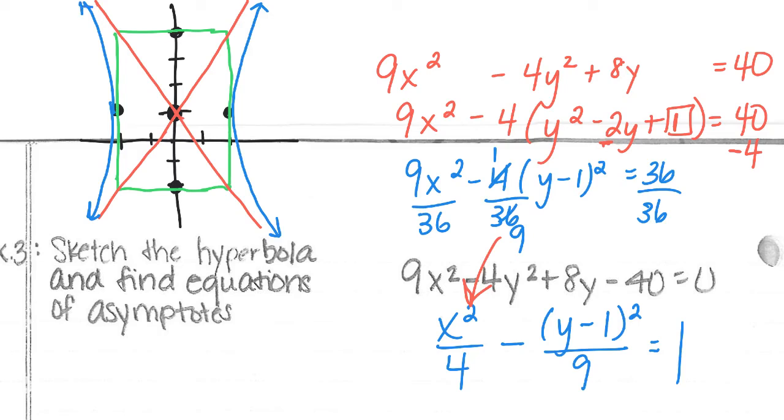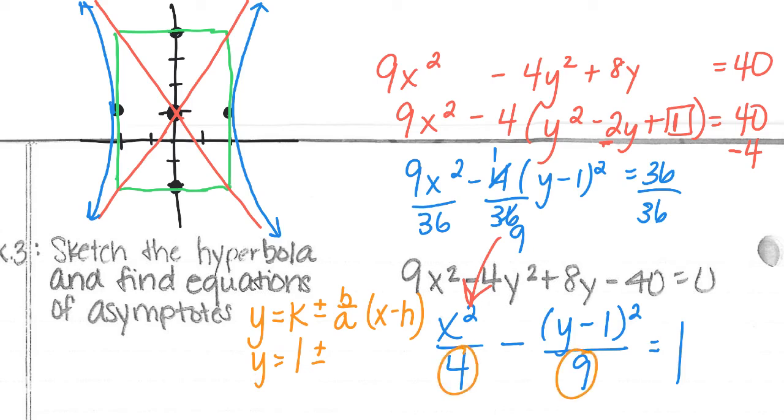All right, so we do have to go ahead and name the asymptotes. So I know that this one is horizontal, and it told me that if it's horizontal, the graph of the asymptote is going to be y equals k plus or minus b over a. We have to know which one's a, and which is b, x minus h. So if I have to plug this in, what do I get? I get y equals 1 plus or minus